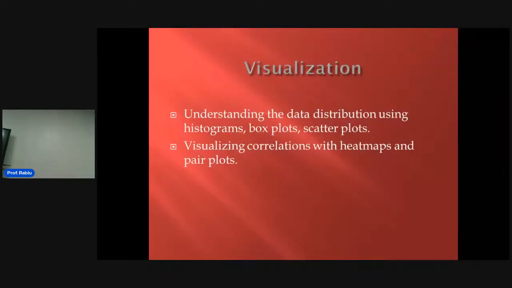Visualization of data: understanding the data distribution using a histogram, box plot, scatter plot, line chart, any type of graphical representation to make sure you understand something from the data. For example, outliers, the normal distribution table, that tells you that the students that passed and the students that failed are distributed evenly, not skewed to one side. You need to have a normal distribution, right?